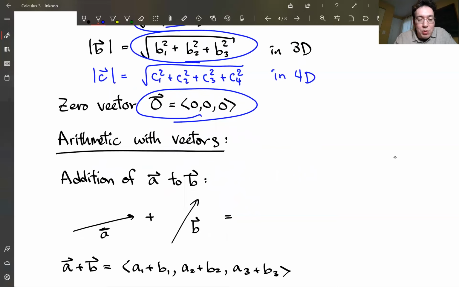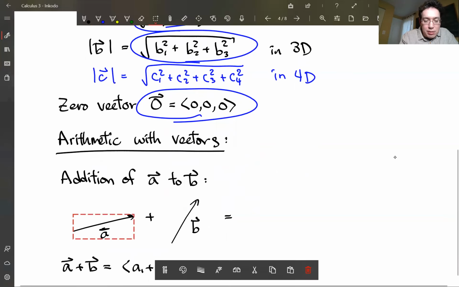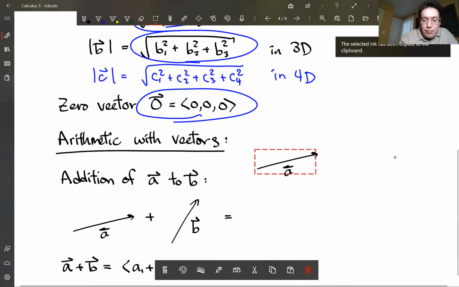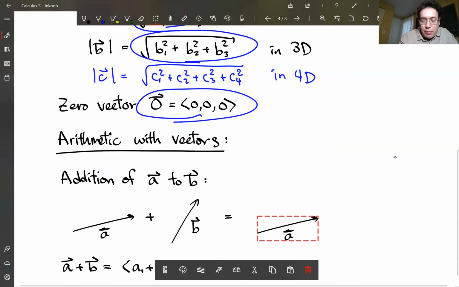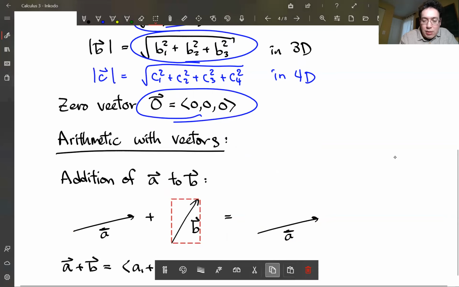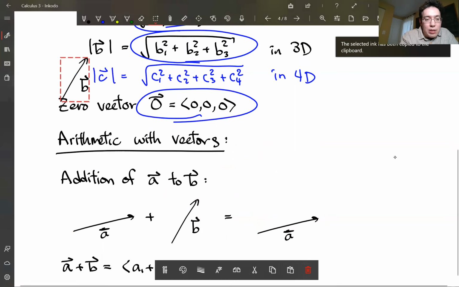So if we had two arrows, A and B, what's a reasonable way to make the definition of addition? So what we can do is we can take this copy, and we're also going to take vector B,